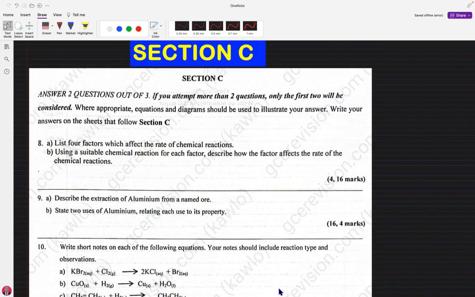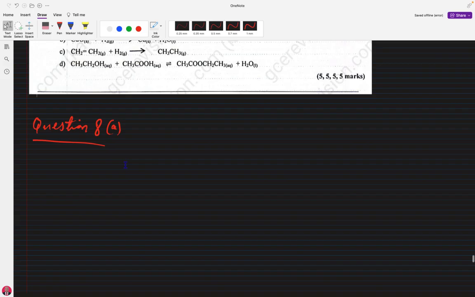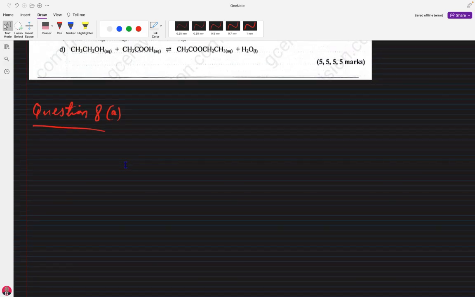So now they are telling us what are the different factors that will affect the rate of chemical reactions. I have about 5 different factors that can affect the rate of chemical reaction. I am going to list them out to you. Let's say section A: 4 factors that affect the rate of chemical reaction include